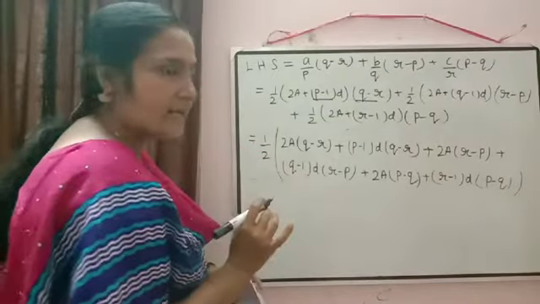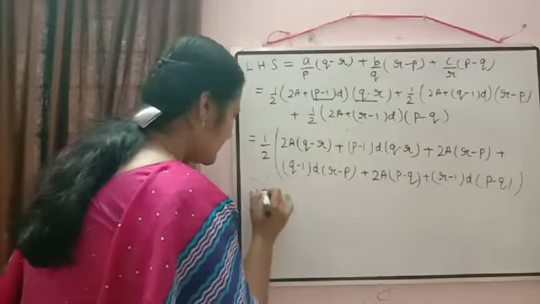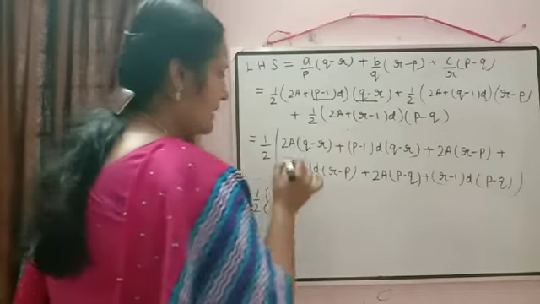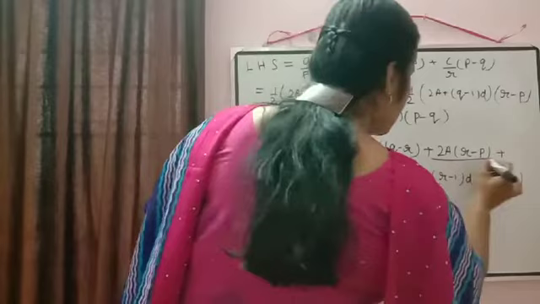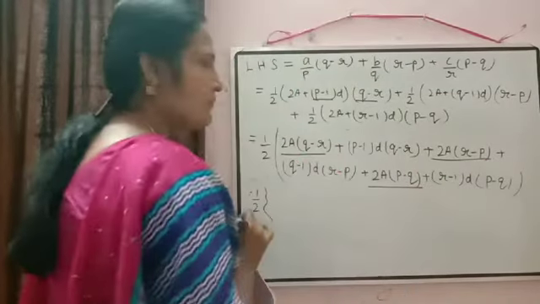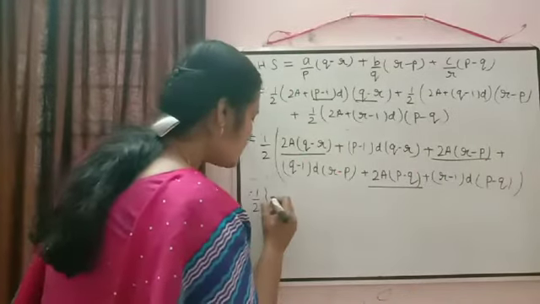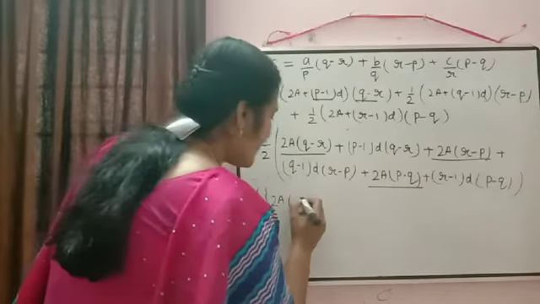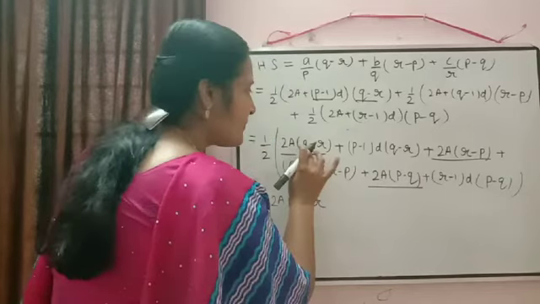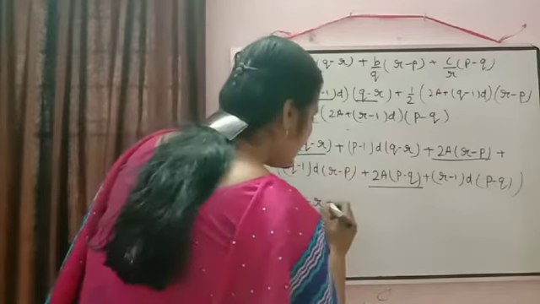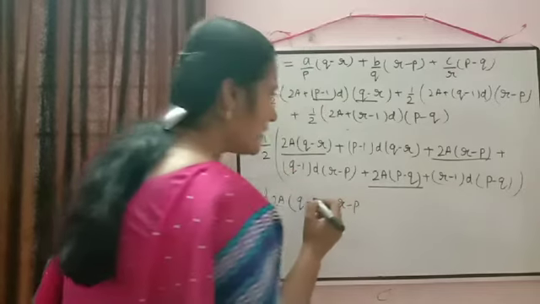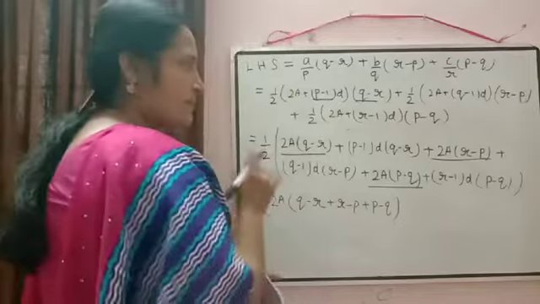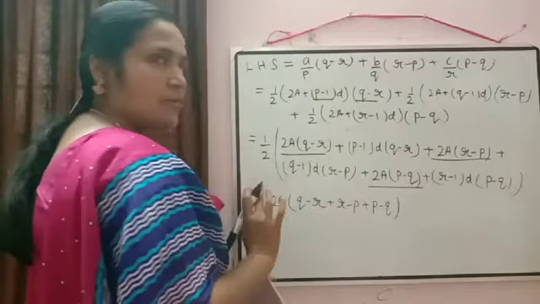So till here it is clear? Okay, just do it slowly. Now we can check in which terms we have 2A. 2A is there, then in this term we have 2A and in this one also. So shall we take 2A common from these three terms? So 2A taken outside. Inside the bracket what will remain? In the first term, Q minus R will remain. In the second one, R minus P will remain. And in the third one, P minus Q will remain there. From these three terms we took 2A common.